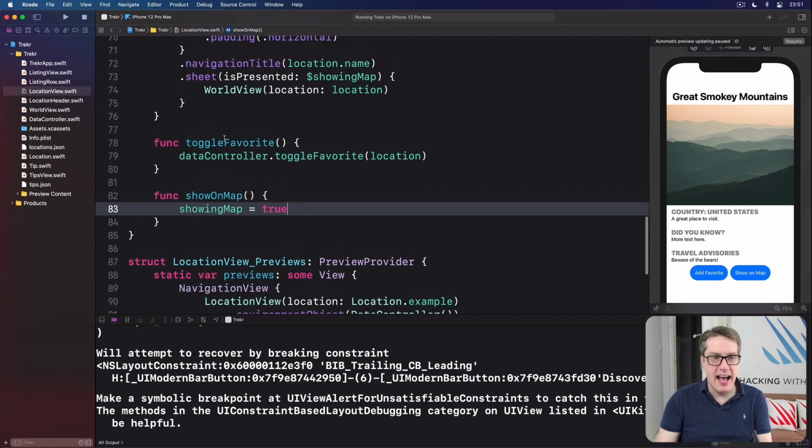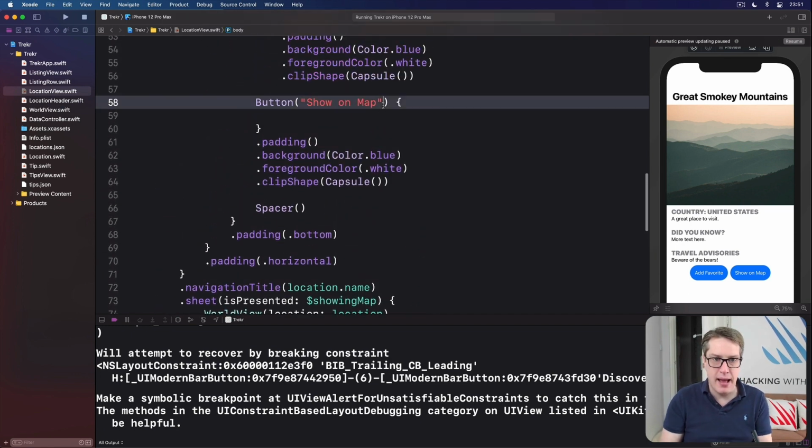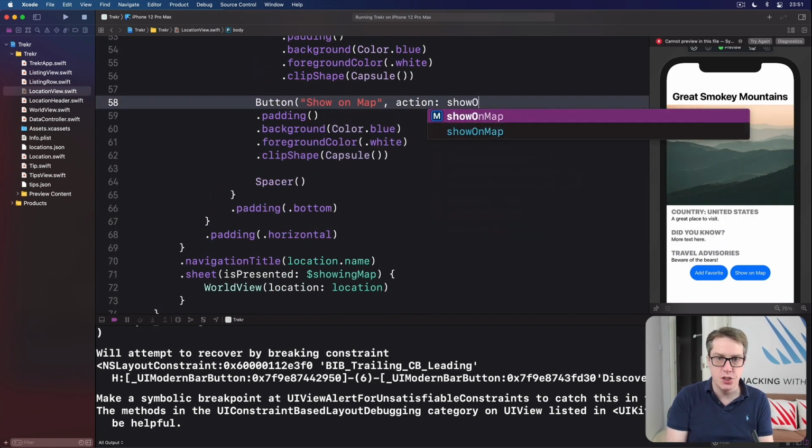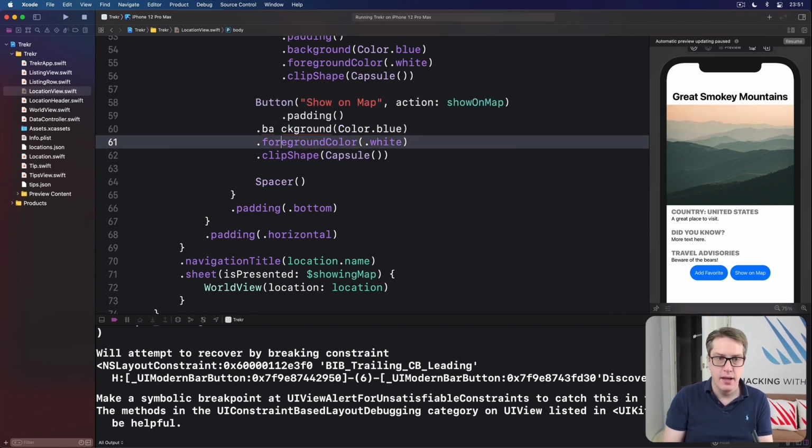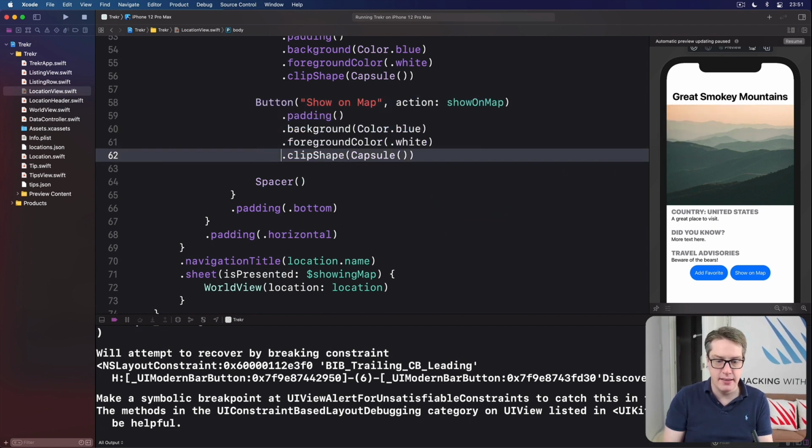Boom, like that. And then say button show on map. We'll do action is show on map. I'll just indent things neatly like that. Boom. Again, we're only moving one line of code out here, but it's surprisingly common to see actual complex closures